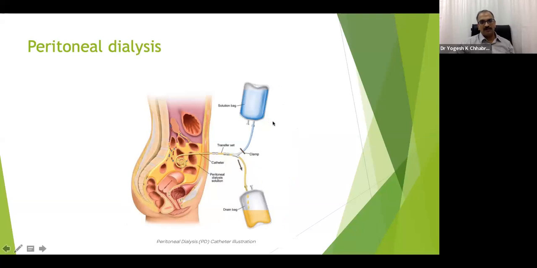dialysis. Peritoneal dialysis is a kind of dialysis where a catheter is placed in the abdomen, in the peritoneal cavity, and a part of it stays outside, where we can connect it with the bag, and we can run around 1.5 liters or 2 liters of fluid, which is kept inside the peritoneal cavity. The peritoneal membrane acts like a dialysis membrane, and the urea, creatinine, and further toxins go by diffusion into this fluid, which later on can be drained out after 4 to 6 hours in a drain bag and removed.